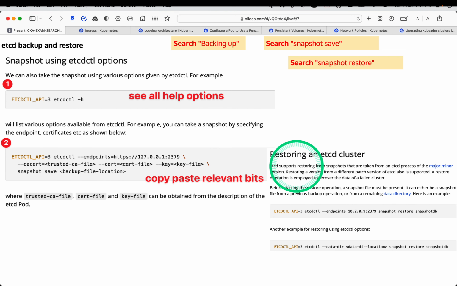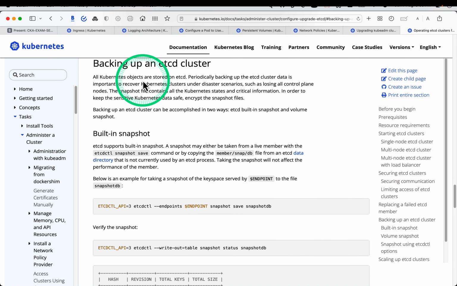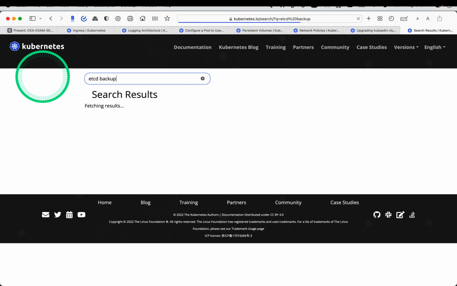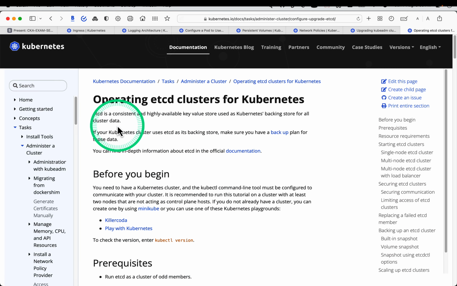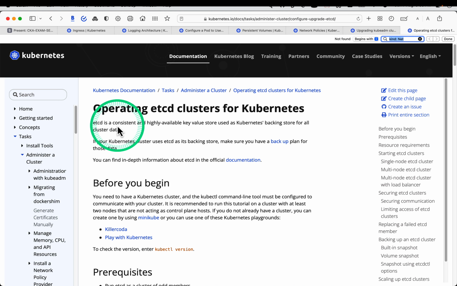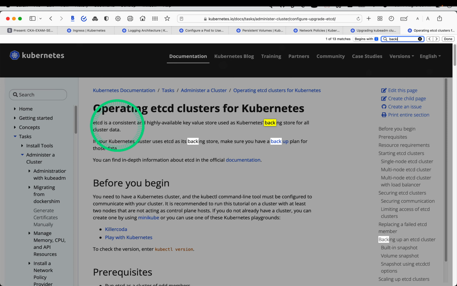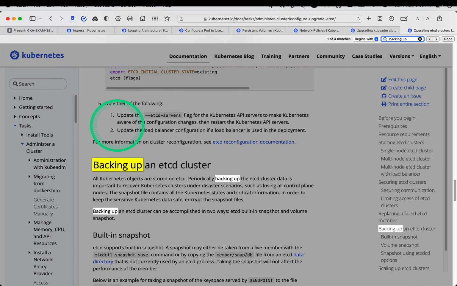Next topic is etcd backup and restore. If you click that link, you will come to backing up an etcd cluster, and to reach it, for example, you can just search etcd backup. This is a global search actually. If I search like this for etcd backup, the first link which I have provided in the documentation is the same link, and you will come to this page, and if you search for backing up, okay, this is the one